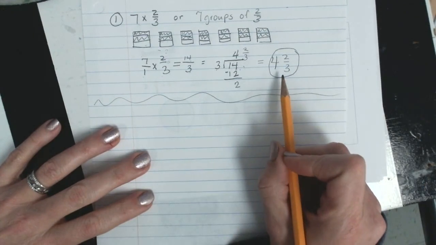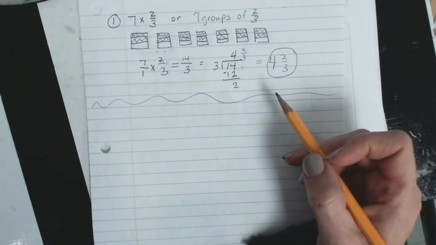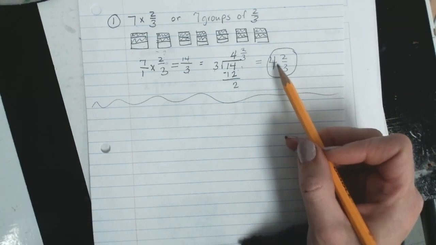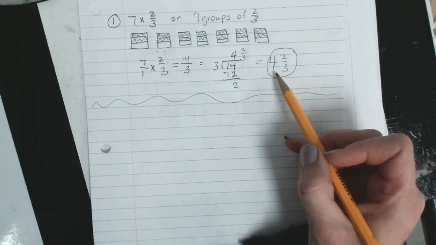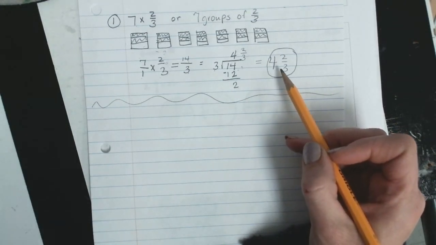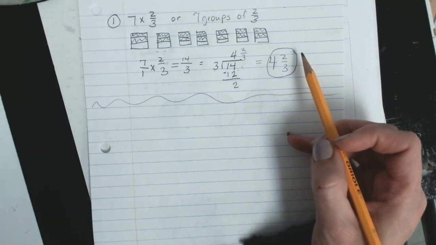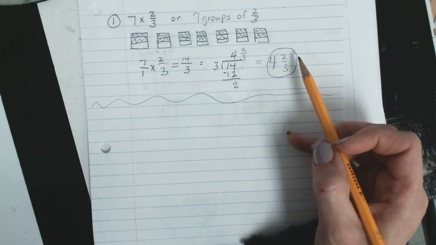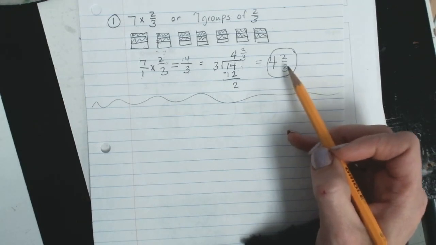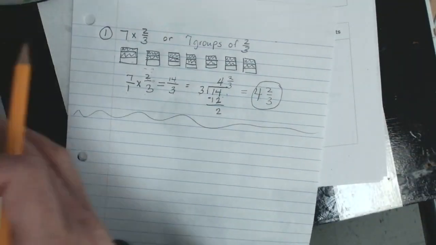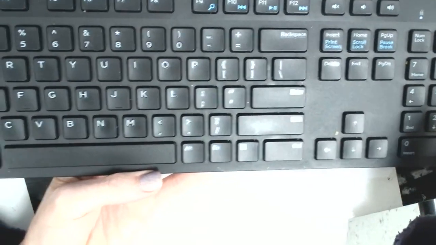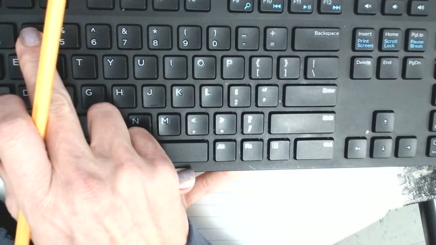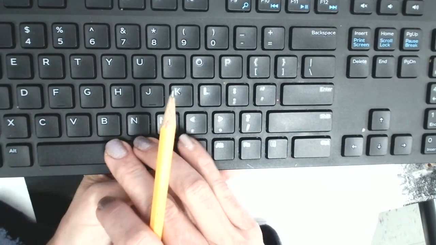When you type this in today, please be sure that you write the 4 and then do a space on your keyboard, and then do the 2, and it looks like the backslash. It's this key right here. So when you go put this in to the computer, you're going to hit 4, and then you'll hit the